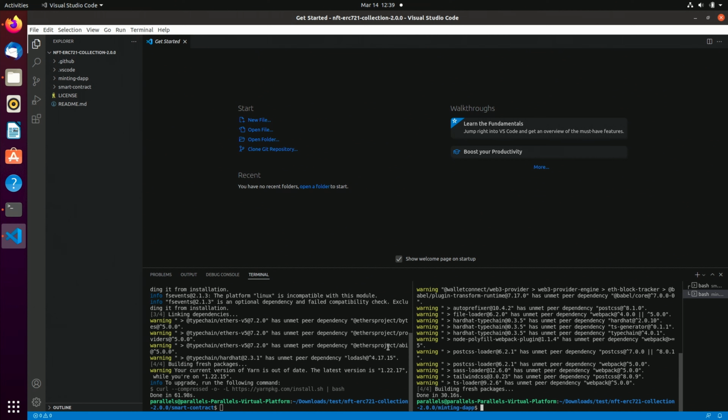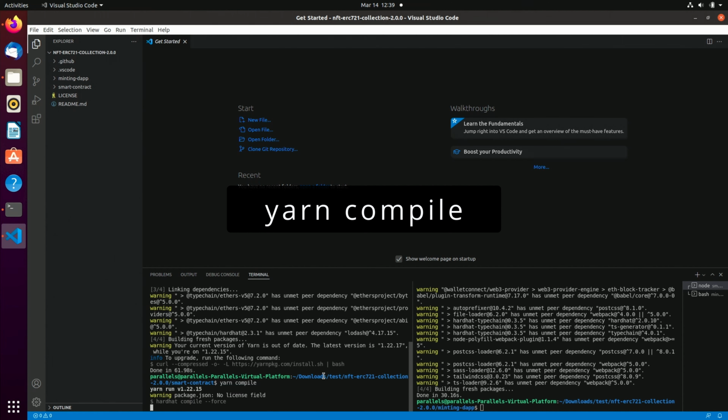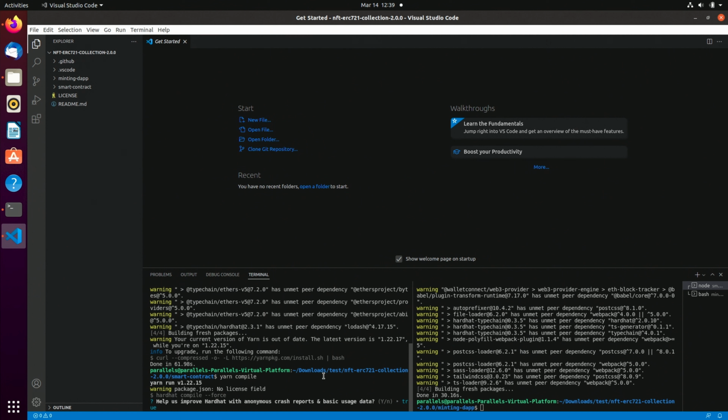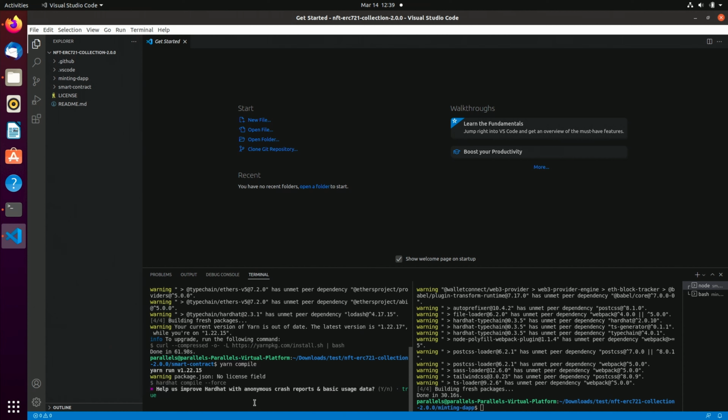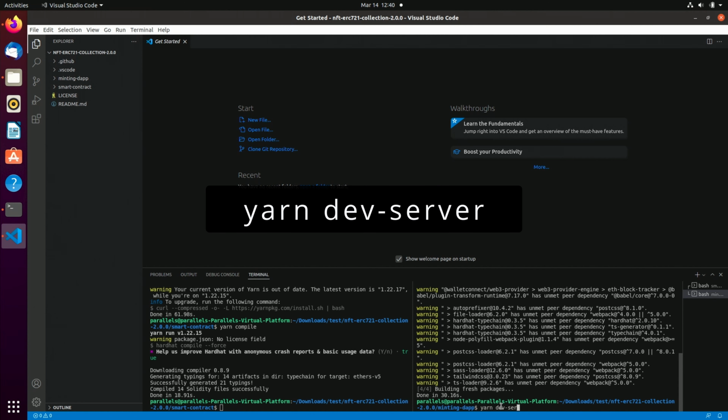Now that all the dependencies have been installed correctly, we can compile the contract. So I run yarn compile, and this is gonna build all the typings for TypeScript so the minting tab can be run correctly. Hardhat is also gonna ask you the permission to send anonymous data to them in order to improve the software. I'm gonna leave it to true, and it's done. Now on the minting tab side, I'm gonna run yarn dev server,